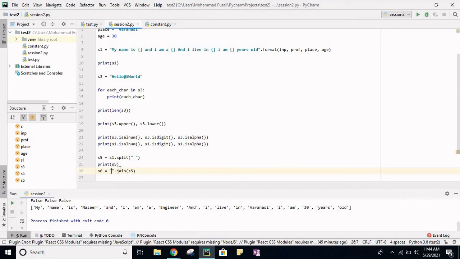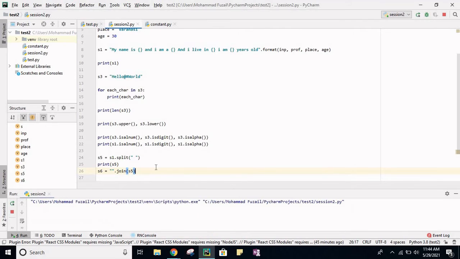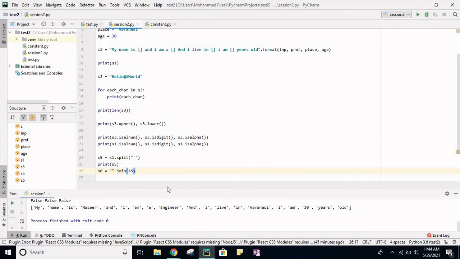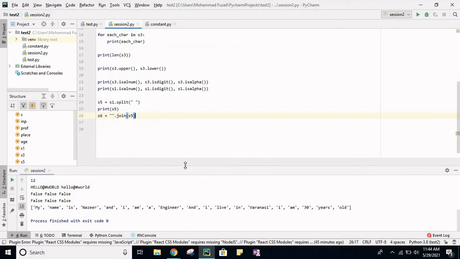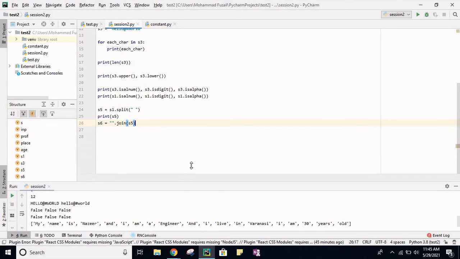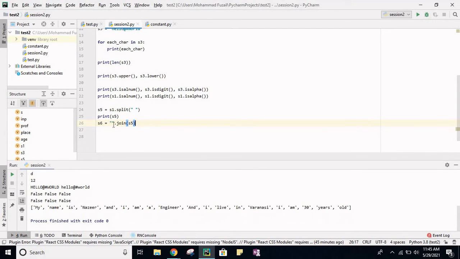We haven't passed anything. Oh, we are not printing now.